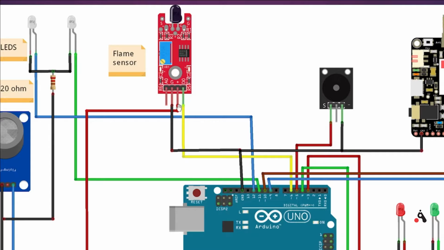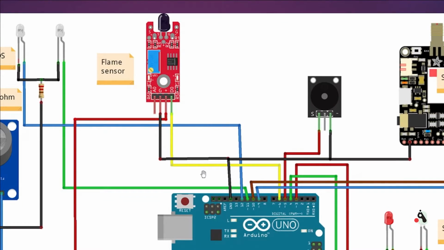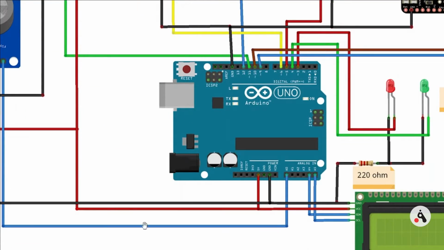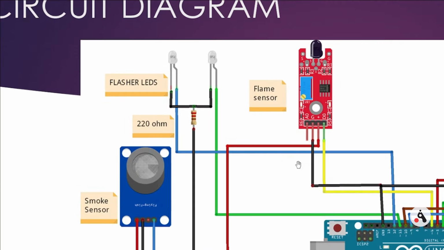And for the flame sensor, we use D0. Since I don't have this red flame sensor which has 4 pins, I have the 3-pin flame sensor. That's why I have used the D0 pin, which is available. A0 is not available in my case. So D0 is connected to pin 6, ground is connected to the ground, and the plus, which is VCC, is connected to the 5 volt. You can see here the 5 volt of Arduino Uno. So this is it.